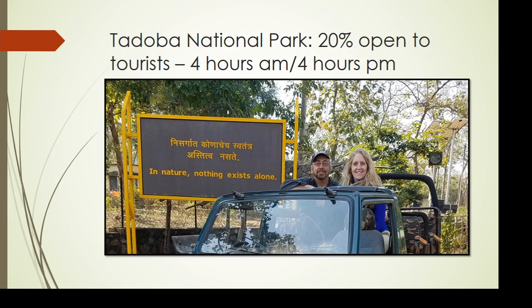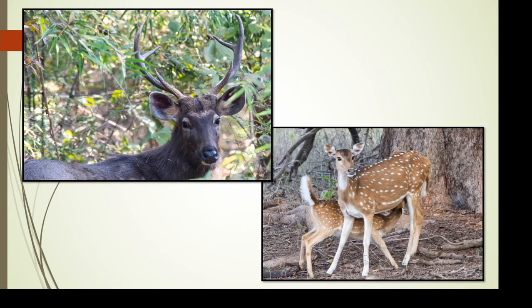I believe this is the only picture I did not take in this PowerPoint. There were all kinds of cool things to see there. Well, you can't have tigers without stuff for tigers to eat. So here is a sambar deer at the top. Looks a little bit like our elk. And then a spotted deer or an axis deer down here at the bottom. Fun fact, they keep their spots their whole life, not just when they're fawns.